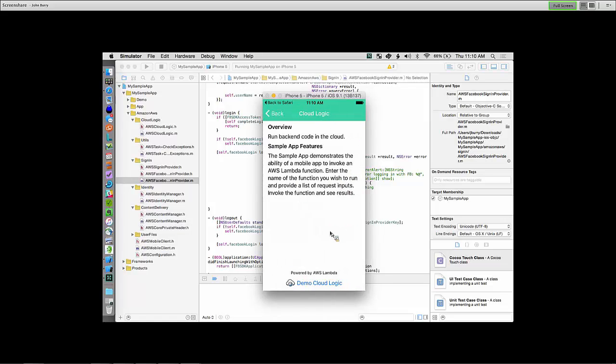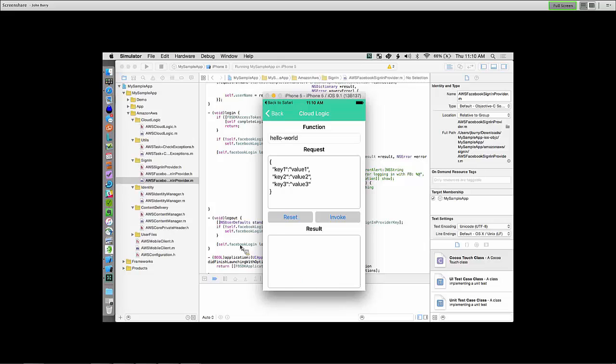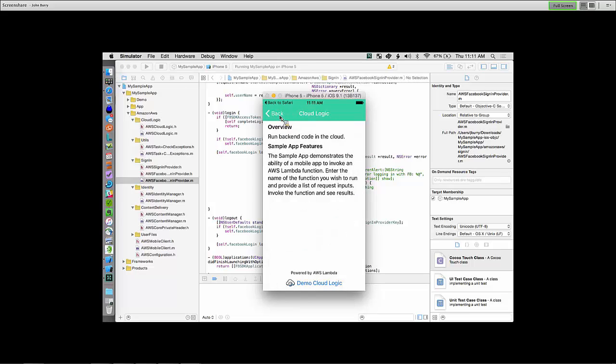And then cloud logic. So here we have a function in Lambda. This is that hello world function I showed you earlier. It's one of the simplest functions ever. You can provide 3 keys and associated values. I'm going to go ahead and invoke the function. Right now, the code inside the sample app initiates the Lambda function in the cloud. The function executes and returns a result, in this case, value 1. So the beauty of this is you can wire up any Lambda function you want, use the result in any way you want, and all the code of how that's done is provided for you, specific to your account.